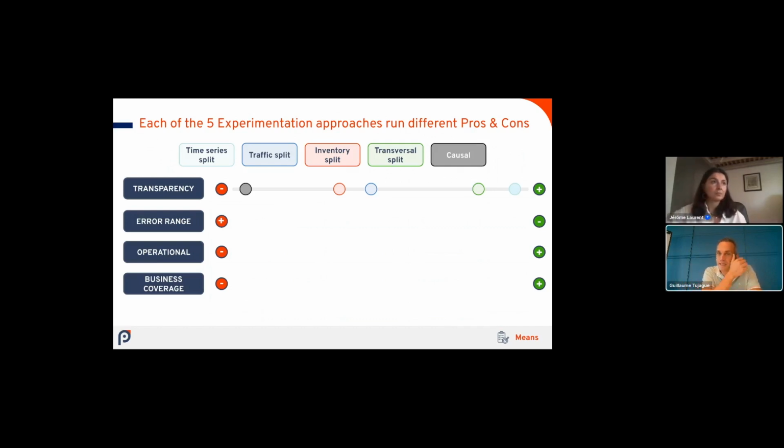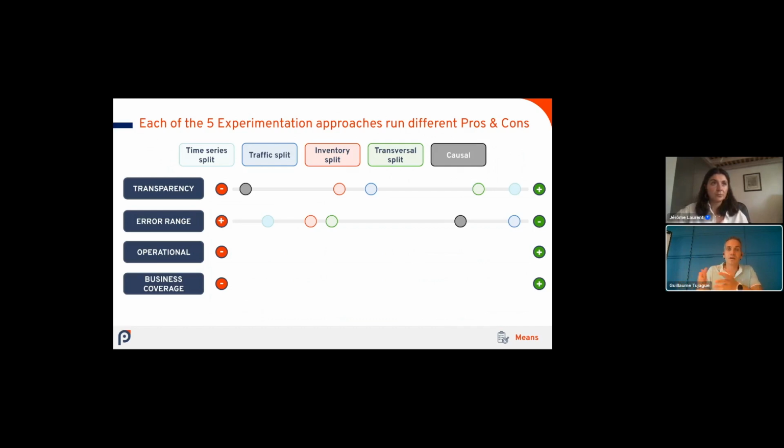The second criterion is the overall range. Very often, in order to adopt a method, we say, I want to choose the method which has the highest accuracy, hence the lowest error range. On this one, it's interesting to see that the ones on the right-hand side, meaning those having the highest accuracy, are usually the most difficult